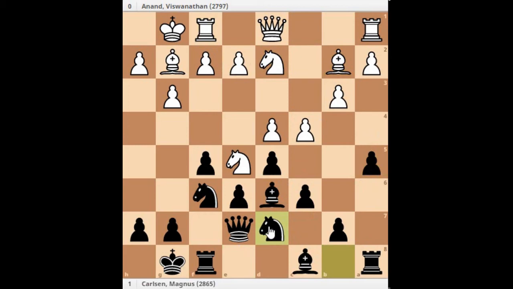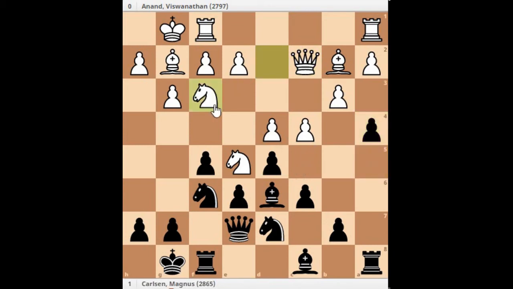So Magnus Carlsen also wants to get rid of this knight, because that knight is very well placed right in the center of the board, and of course you don't want to trade it with the bishop because you want to keep the advantage of the bishop pair. So here at this position, queen to c2 was played, and now a4, and Vishwanath Anand has played knight d to f3. So even if he wants to keep his knight on this e5 square, even if you exchange it, another knight will come over, and it's a very good outpost for the knight.